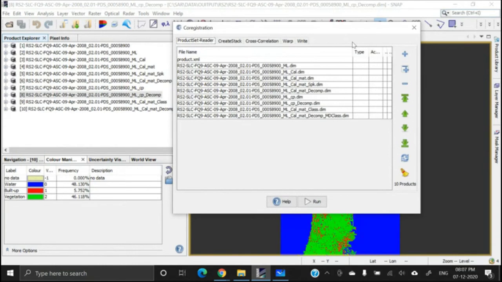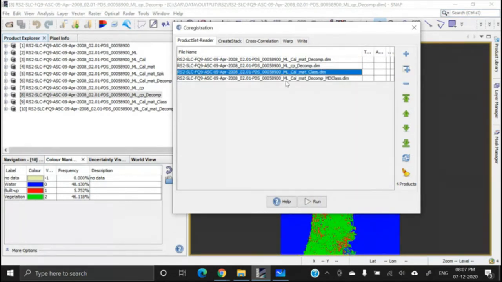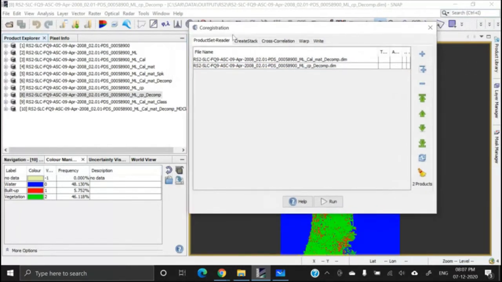Go to the co-registration, then add everything, and just remove these files. Keep this decomposed image, and we have another decomposed image, this one. So keep these two decomposed images. That means which products? Product number 6 and product number 8 on my computer.